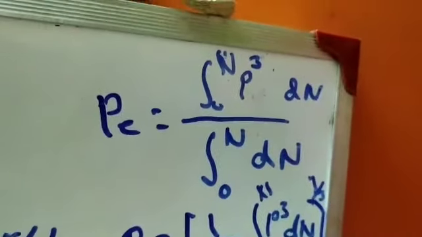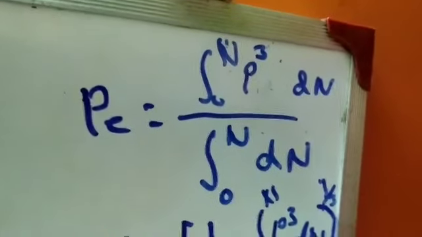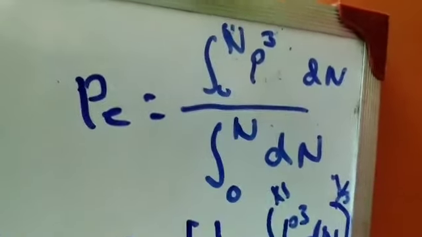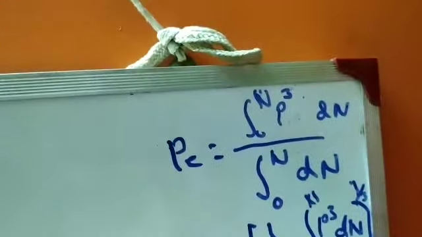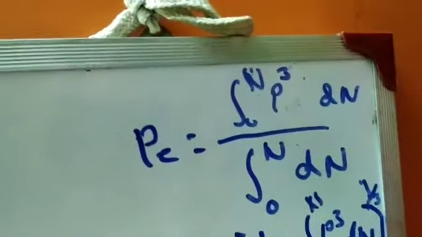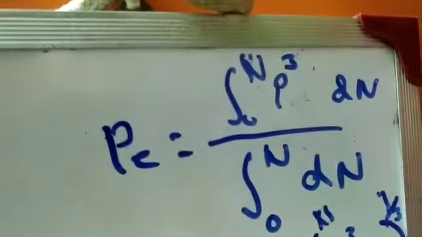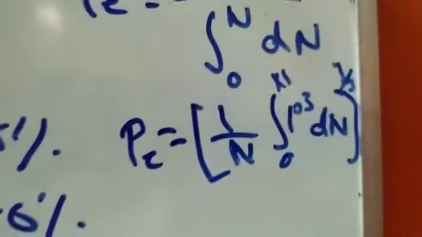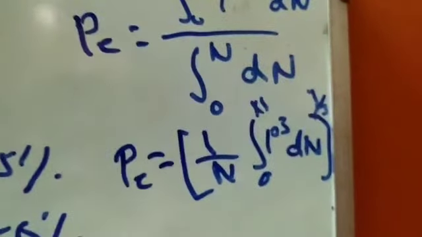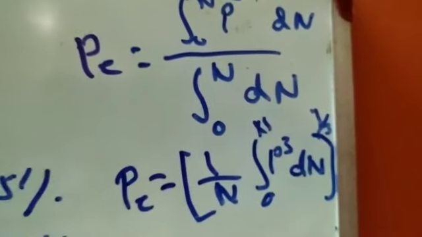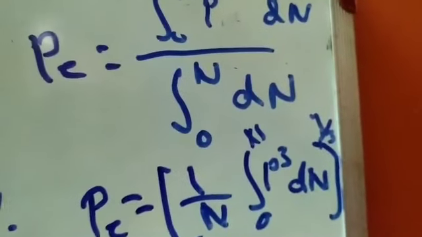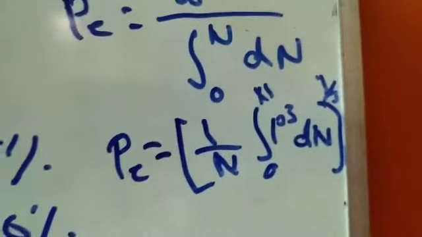For that reason we go for this expression where the equivalent load is given by integral from 0 to n of P cube dn by integral from 0 to n of dn, where n is the variation, that is, when P cube varies. We get the expression of the equivalent load when the load applies not in equal time spaces but varies with time. So this is the desired expression. We integrate this form and get the value from 0 to n. So this is the way. So this is up to this.